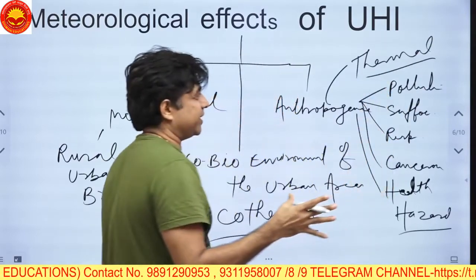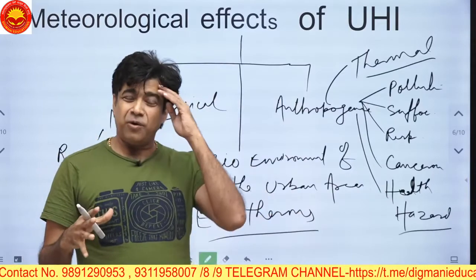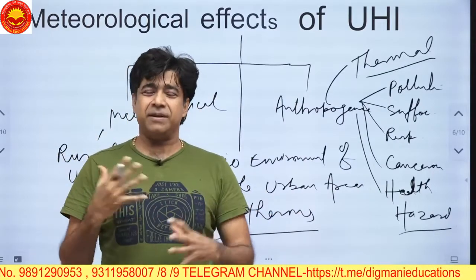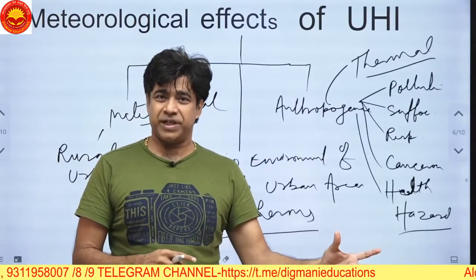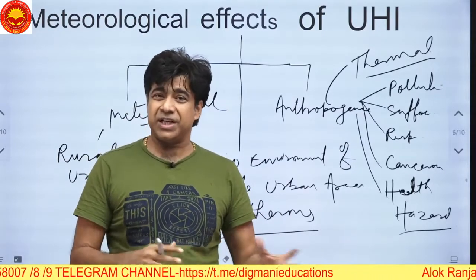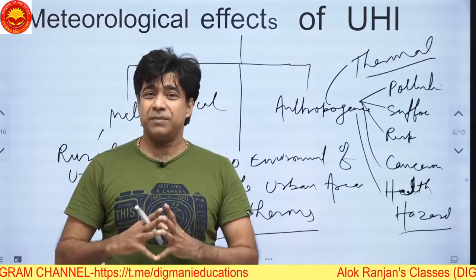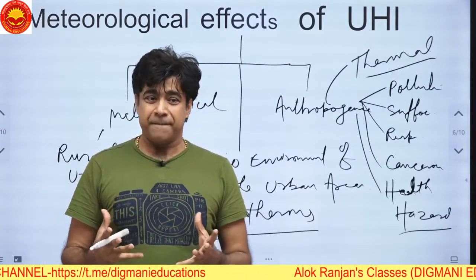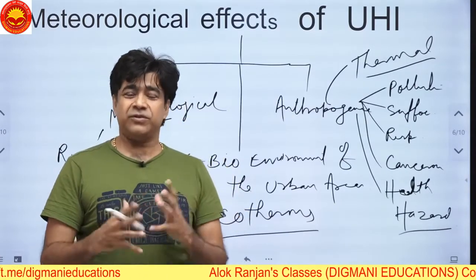All those drains and the nalas and the sewages which are found in the urban areas have much higher temperature. So as they drain into the river, the temperature is also raised, and because of the thermal pollution, the aquatic life can be destroyed, and some different aquatic life which is more adapted to the higher temperature can grow and can have more reproduction. So this effect is also seen.